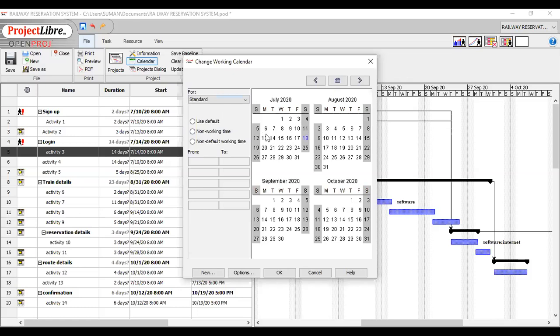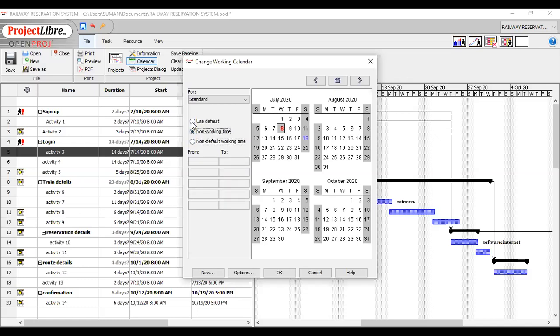If you want to select another day, like here, this is the default working day and this is the default working time. Here you can give your working time from this time to this time. And if I select this 8th of July as a non-working day, it changes to 8. And if I click on the non-default working time, then the gray disappears and it turns red. So what is the meaning of this?